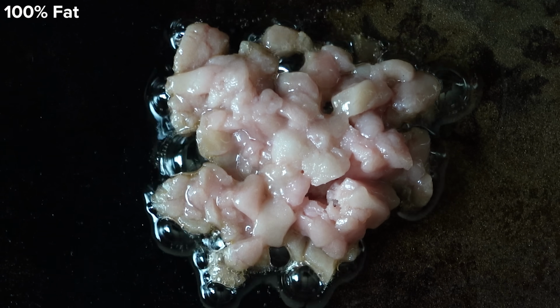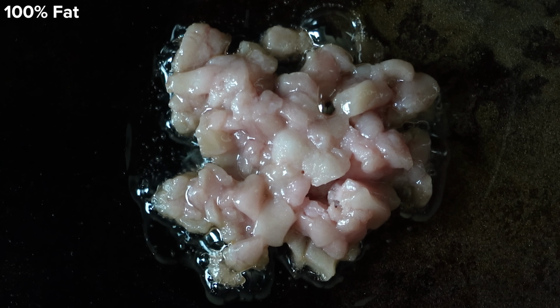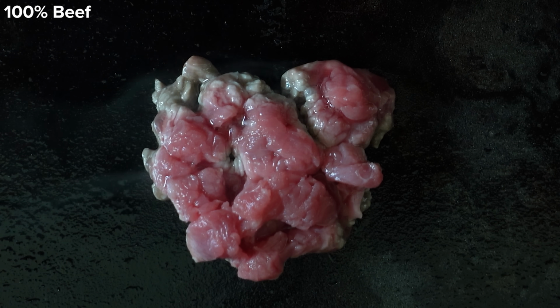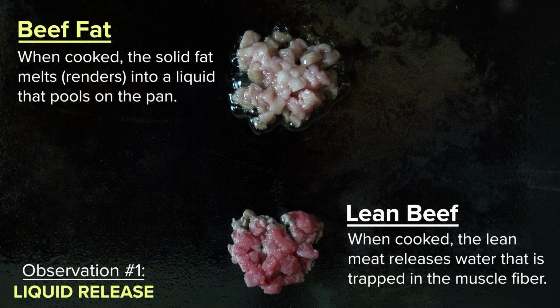Take a look at the fat and we can see that it starts to melt and pool at the base of the beef fat pile. It's liquid fat, it has melted. On the other hand, the lean meat is releasing liquid, but it's not fat, it's water. This water is pushed out of the meat proteins as they tighten, and then it steams at 212 degrees Fahrenheit